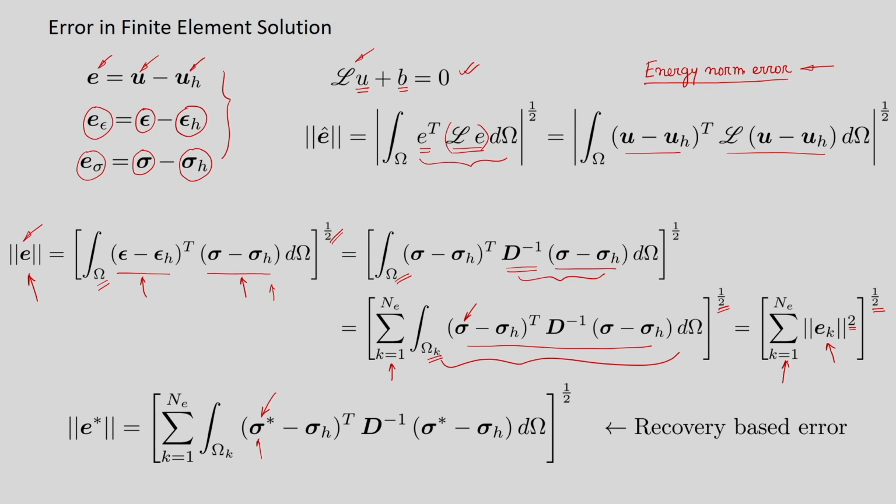So, then if we obtain the same thing, in that case we will term it the energy norm error, but that is obtained from the recovered solution. So, we will call it the recovery based error or you can say error estimator. So, this is referred to as E star, okay, wherever we put a star, it means that it is based on the recovered solution. So, this is what we will call the error estimator. So, this will basically give us the error in the finite element solution, taking into account the contribution of all the components of the solution as well as all portions of the domain. Alright.